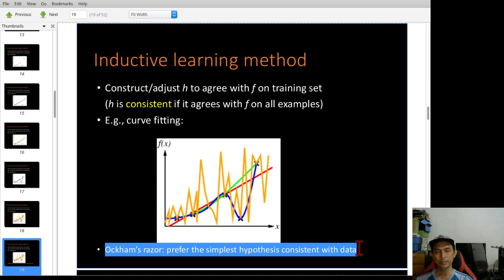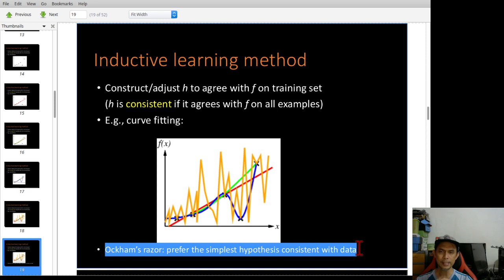Occam was a philosopher in the 14th century. So the idea is, if you have more than one competing hypothesis that is a good hypothesis for a problem, you choose the simplest one.